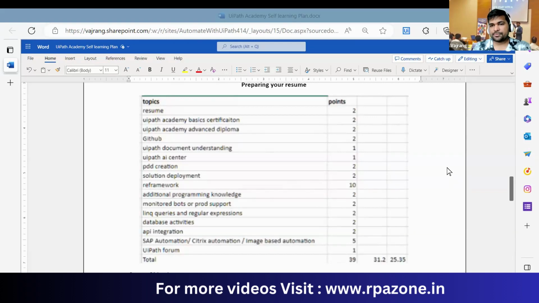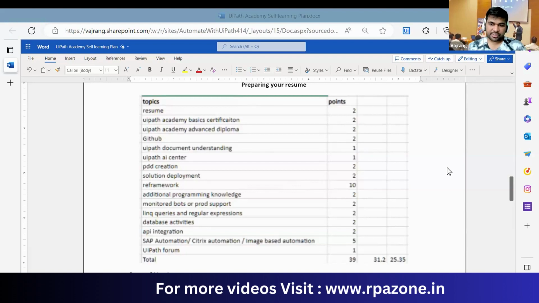Got it. 33, 25, 15, 14. Okay, 33. So this is important for you to understand where you are right now and where